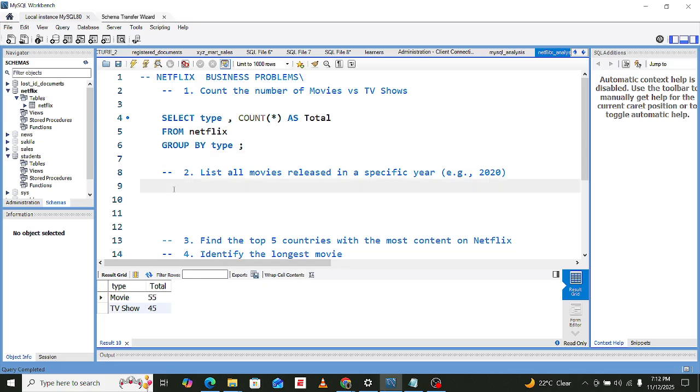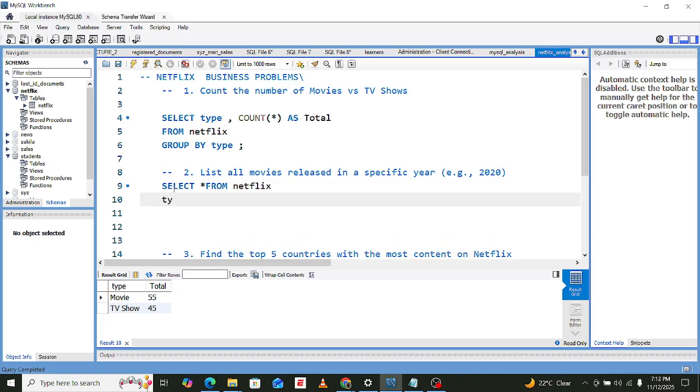Because we're just going to select all from Netflix, where type is equal to movie.